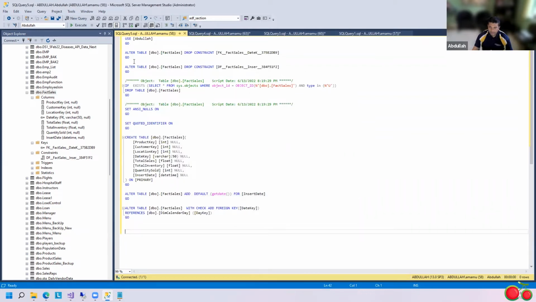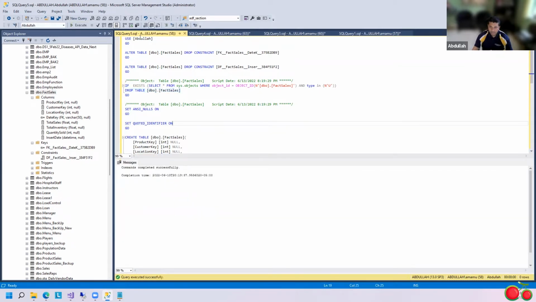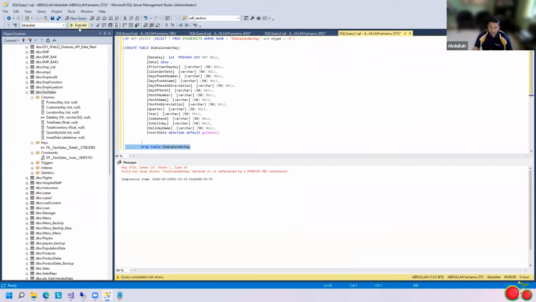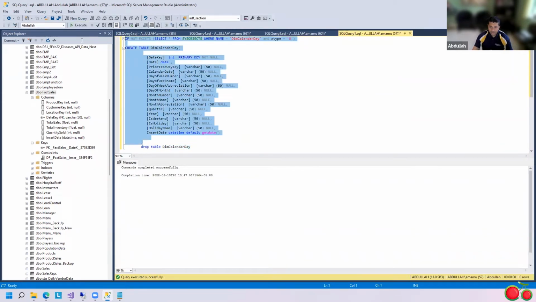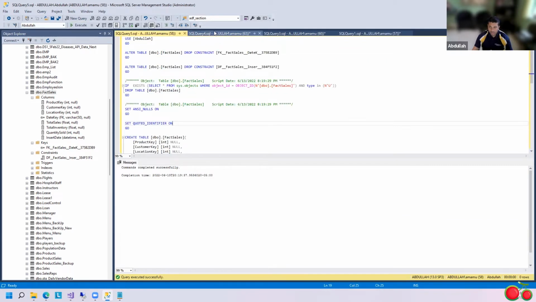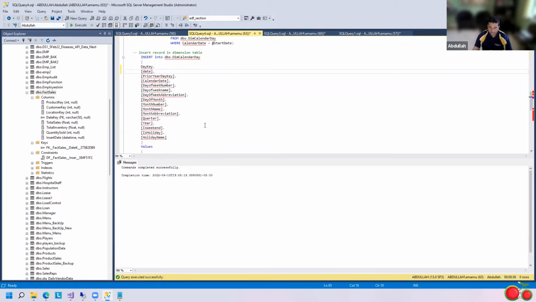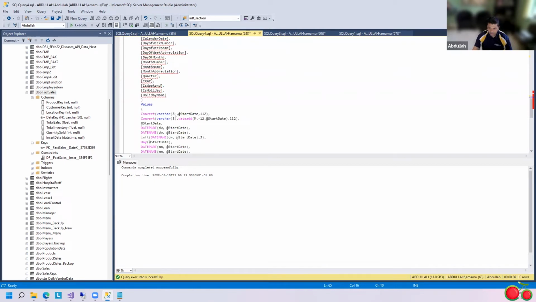All right, so I'm going to drop this table as well, and then go back here. Yeah, drop this, and now I'm going to recreate this table. Now I have to go back and modify that stored procedure real quick, because I have one more field here, date, that needs to be populated as well. I also have to change the data type. I don't want this to be varchar. I want this to be